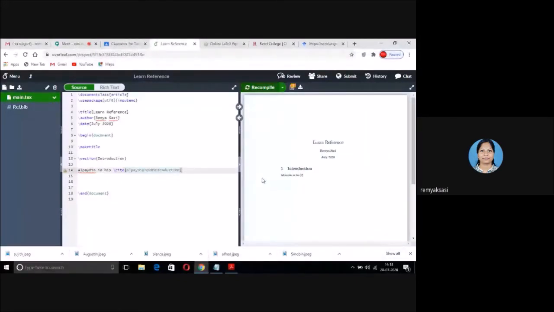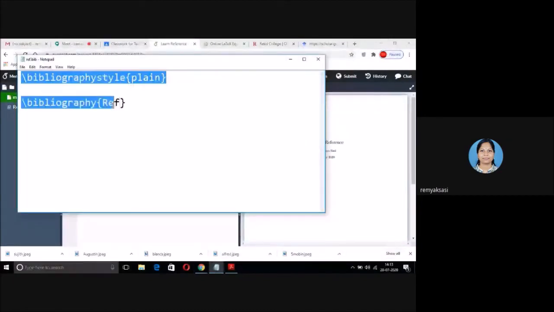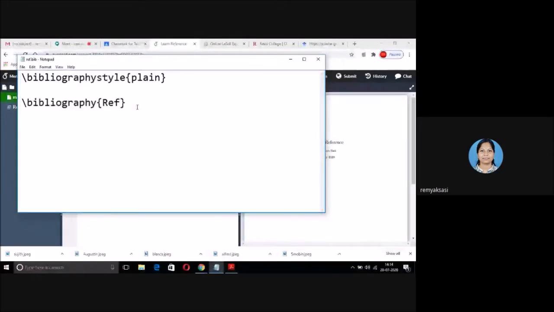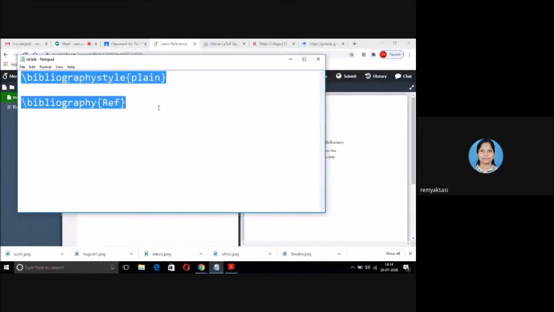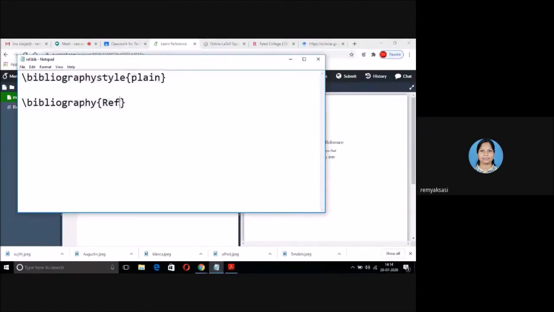So I have to add the reference style, whatever style I am using. And also I have to specify in which file I have included the references. The style I am following is, can you see this? \bibliographystyle{plain}, and the bibliography is available in the file reference.